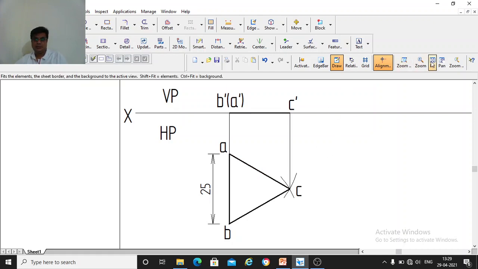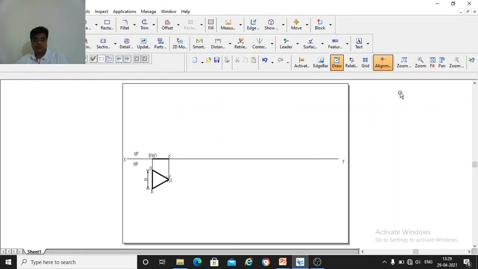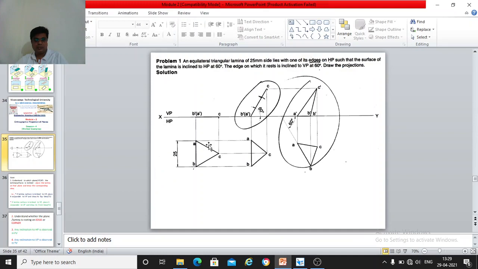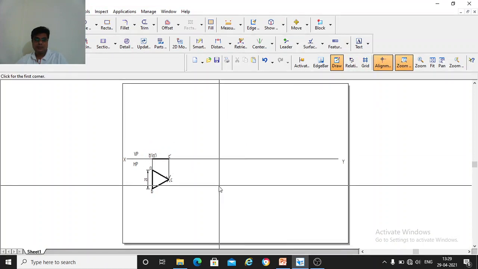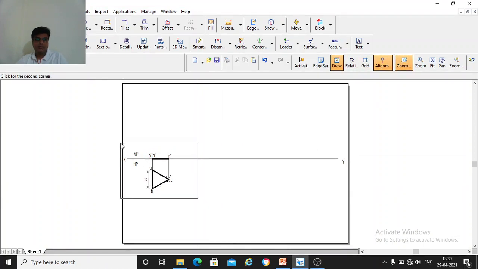Alright, so this is how your front view and top view look, and you can see in the problem the solution is there. Whatever you have written now, front view and top view, the same things you can see here in your drawing sheet. Right, I'll just zoom it. All these things you should draw manually.